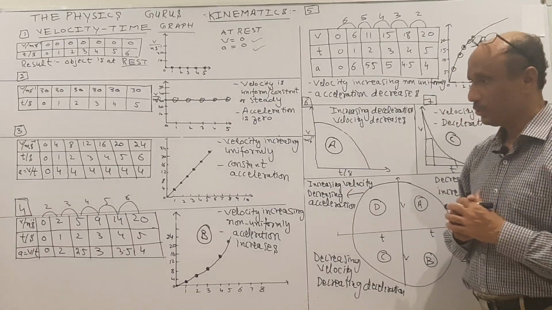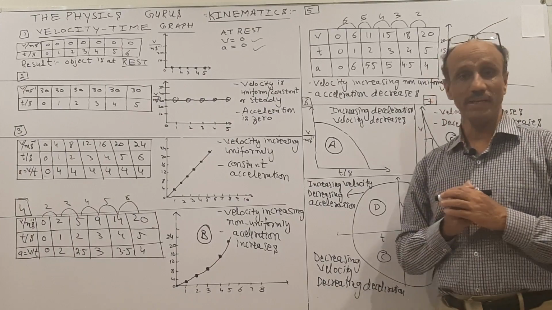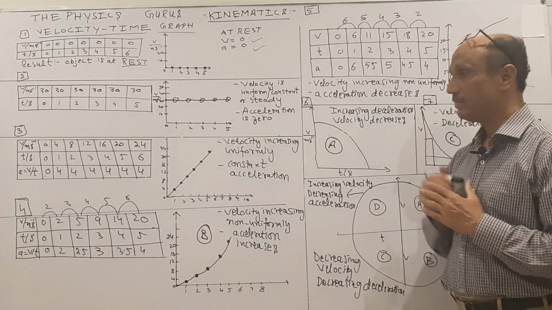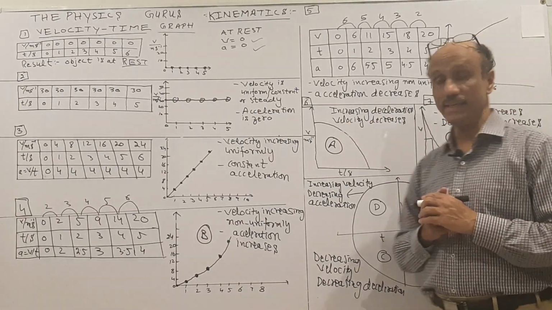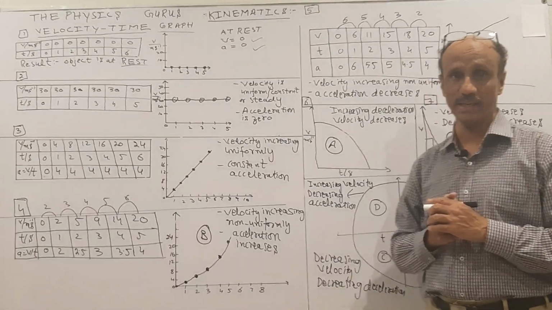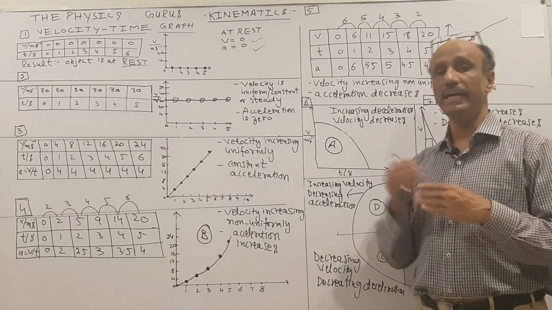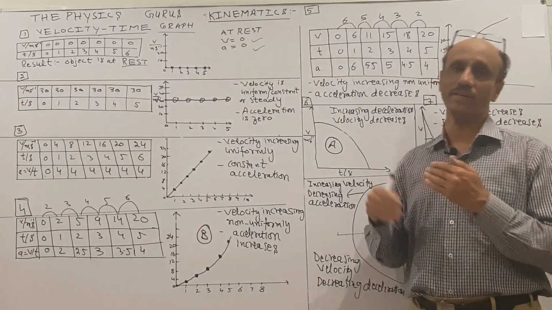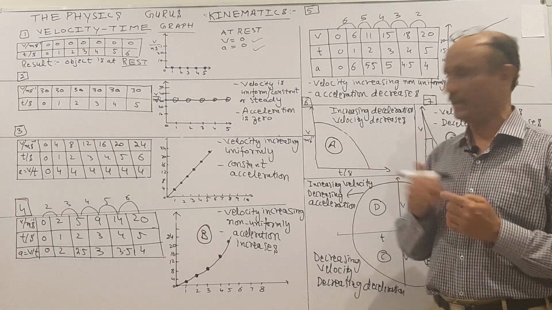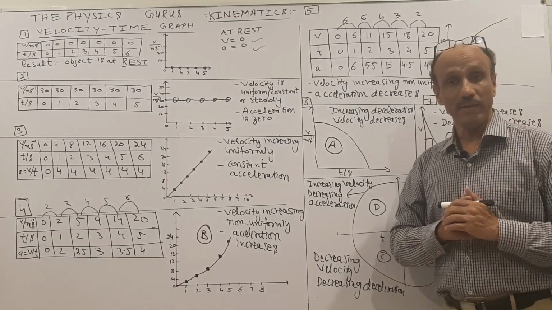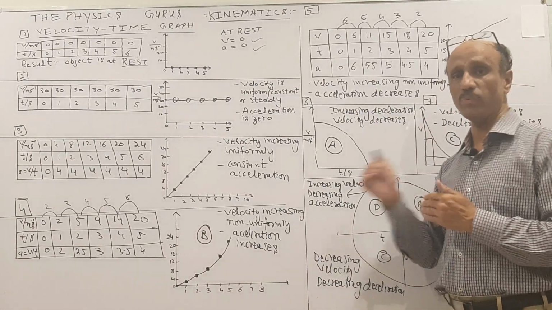Graph number 4. In graph number 4, you can observe that the velocity values given are 0, 2, 5, 9, 14 and 20. And I have shown the increase in velocity as well. For the first 1 second, there is an increase in velocity of 2 meters per second, followed by 3 meters, 4 meters, 5 meters and then 6 meters. It means that velocity is increasing at an increasing rate. After every 1 second, the increase in velocity grows by 1 meter per second. So we have calculated the acceleration: 0, 2, 2.5, 3, 3.5, 4, 4.5 and so on.